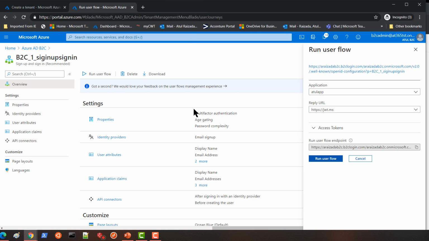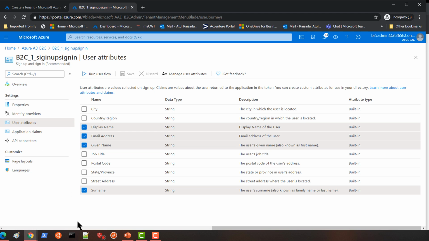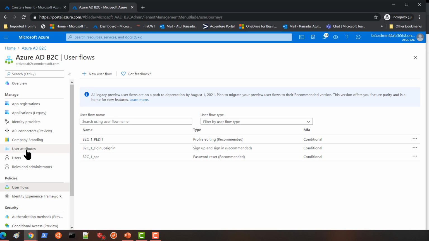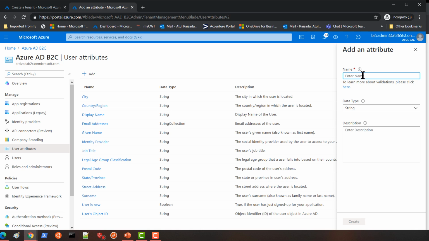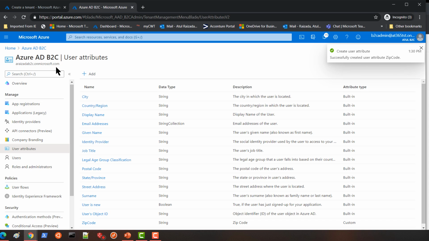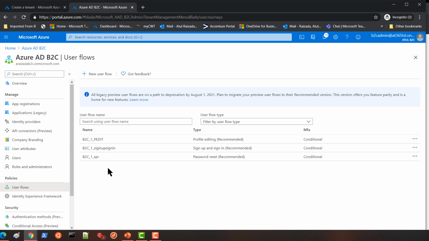Now, if you want to modify attributes, you could also do that. Let me close this. You can use the attributes here, right? We can add additional attributes if we like. So if you want to add an additional attribute into your claims, right? Application claim, you can add a claim here. For example, if you want to ask the users to provide their zip code, right? And you can create it. And once you're done there, it will be showing up in your user flow, sign up and sign ins,